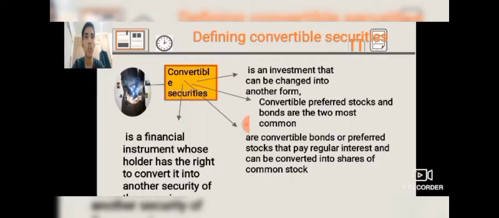Convertible securities are convertible bonds or preferred stock that pay regular interest and can be converted into shares of common stock. A convertible security is a financial instrument whose holder has the right to convert it into another security of